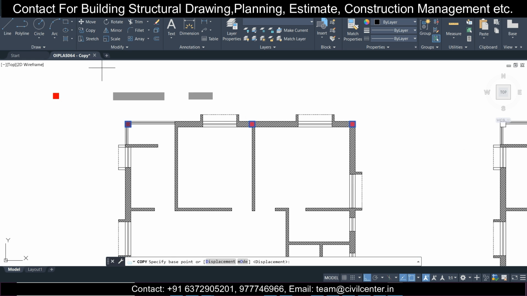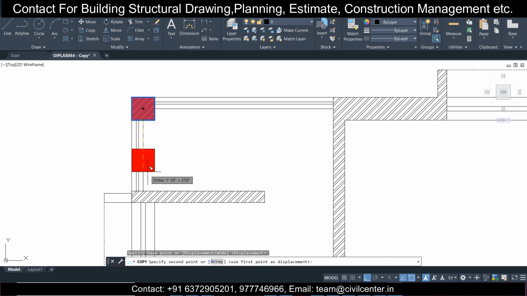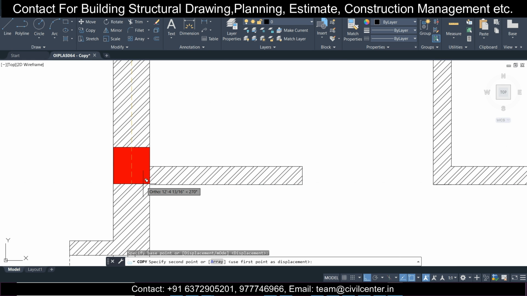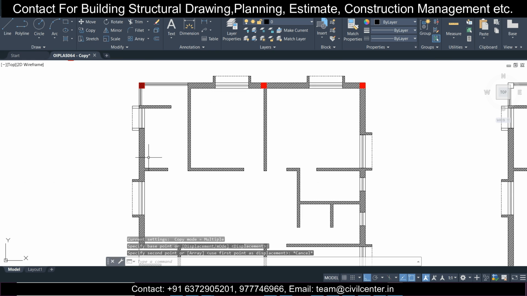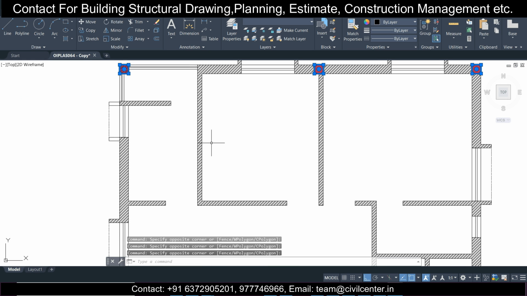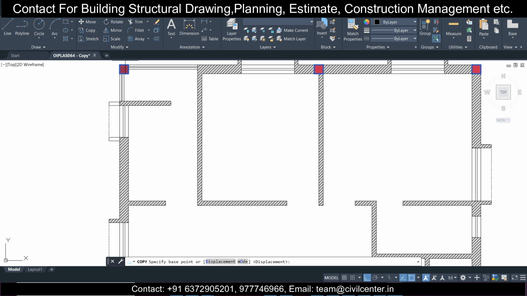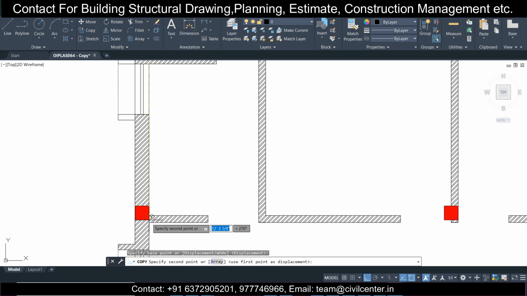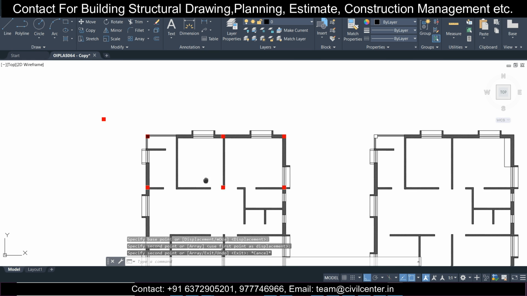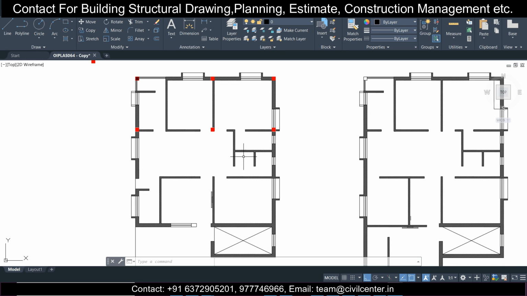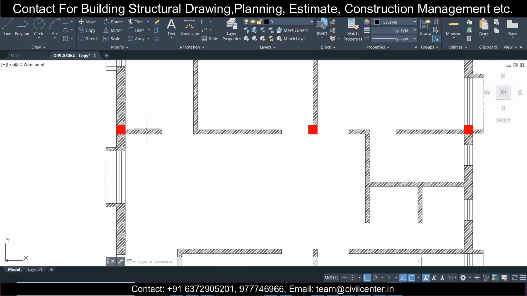And we'll just copy this, so just take the proper position or point to copy, that would be better. Just select the copy option and take this point as the base point, and now it should be good. So these are the beams, they will go like this, and after that we'll just do the next row here.